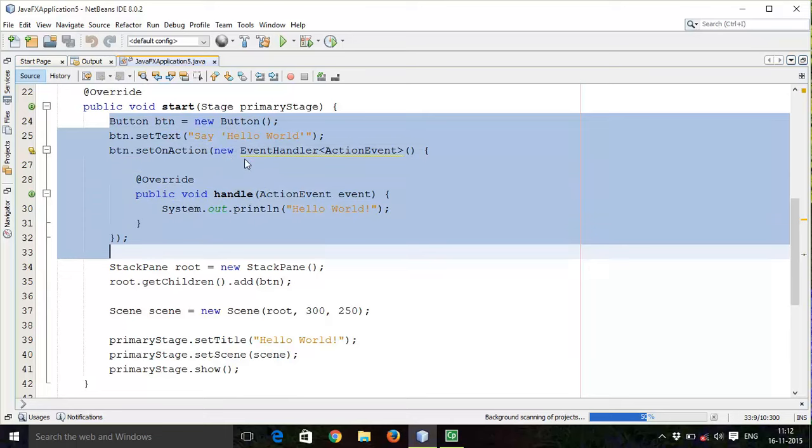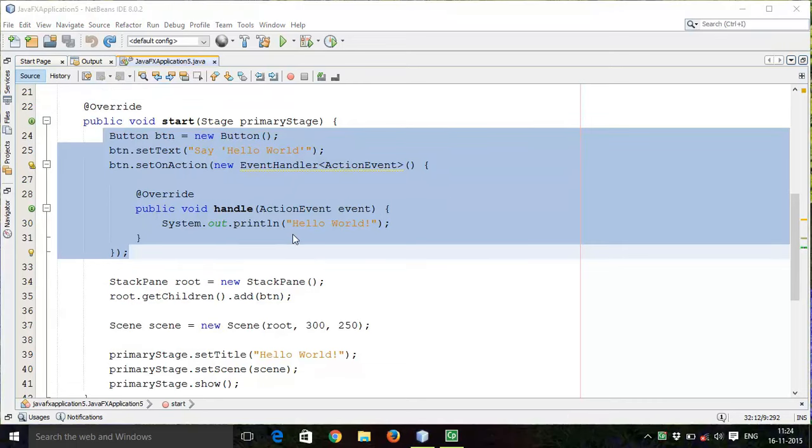So in this tutorial we are going to use a lambda expression instead of this event handler action with some inner class. So we are going to replace this inner class with a lambda expression. So I will show you by adding a lambda expression in this example. By adding a lambda expression, this method consists of only this system out println line.